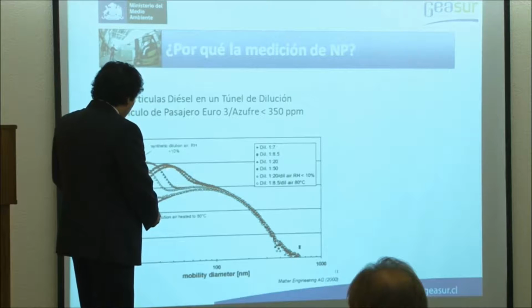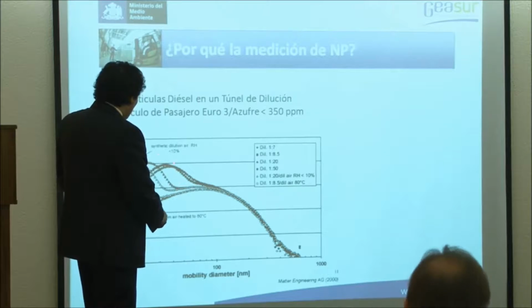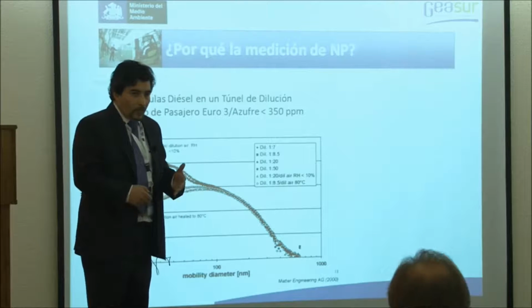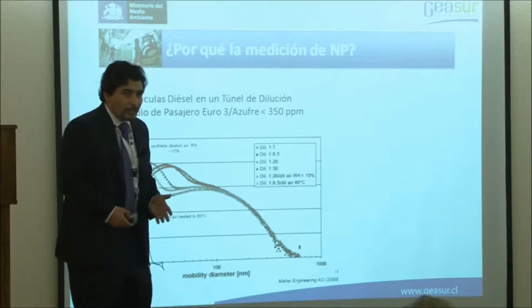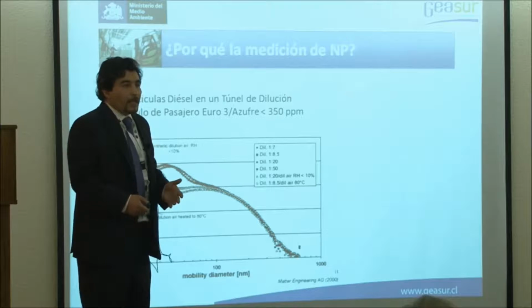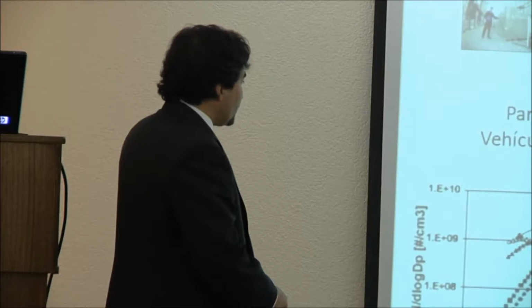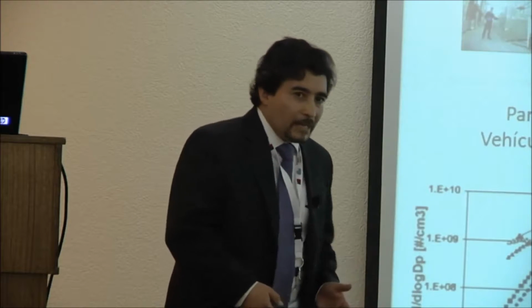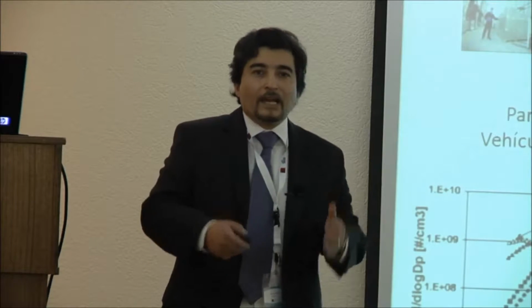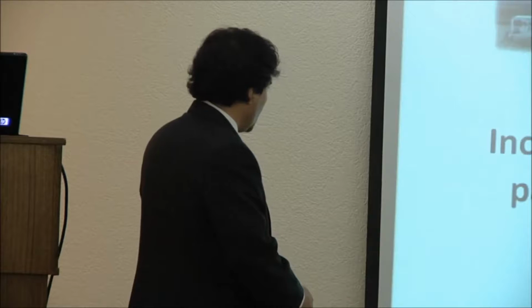The other thing I would like to highlight from this sheet has to do with the behavior of a group of particles that we can observe as a second mode in this distribution, which corresponds to volatile particles, which means these are liquid particles that form part of these diesel emissions. But they have a different behavior, and they're generated in a very influential way due to characteristics of the environment, like humidity, like temperature, or other factors that make us think that these are products more of the conditions of the environment than of the operating conditions of the engine.